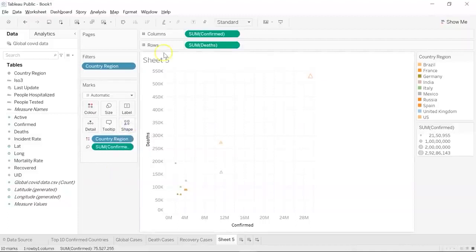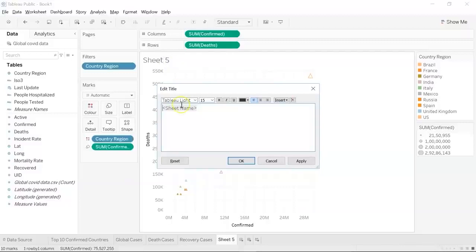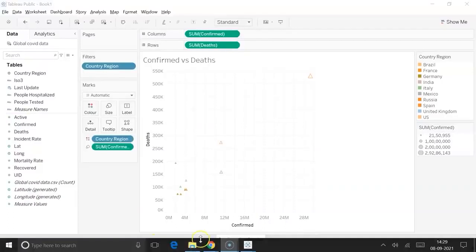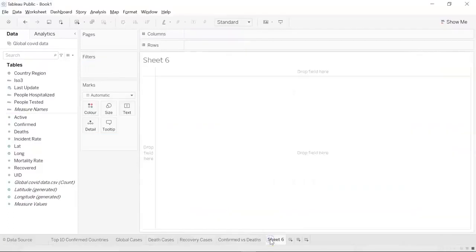Cool. I'll rename this sheet to confirmed versus deaths. Click on apply and OK. Alright. Now moving on to our next visualization, where we will see the mortality